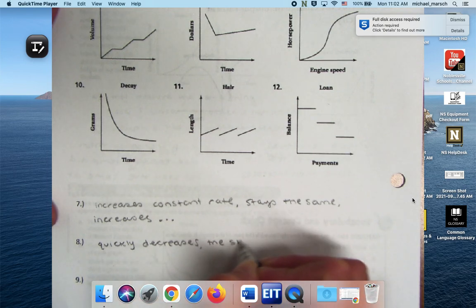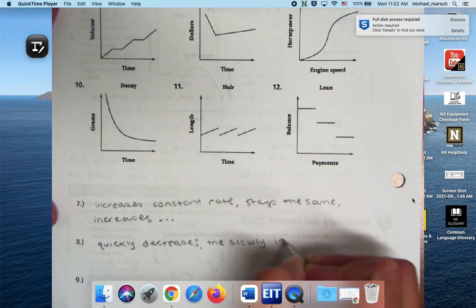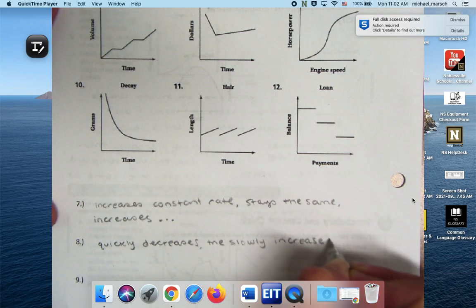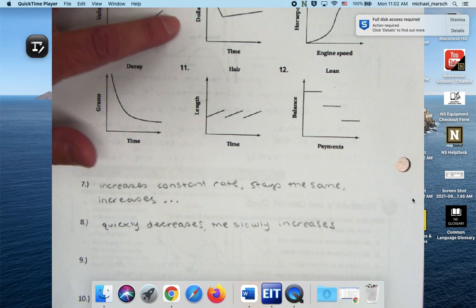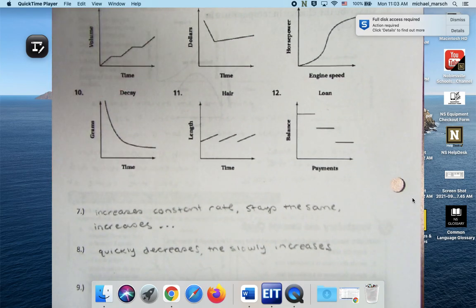Then slowly increases. I like to call this the Chipotle graph. How many of you like Chipotle? I mean, I love Chipotle. So, but there was a